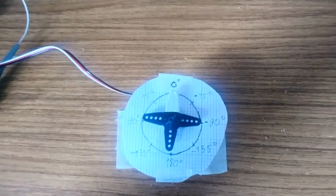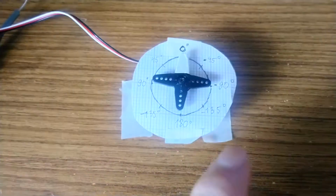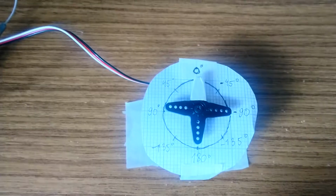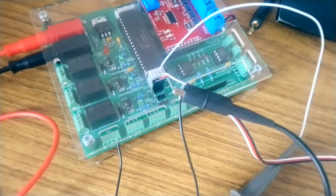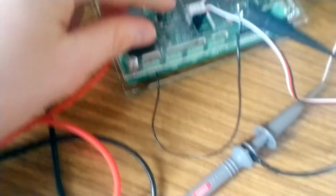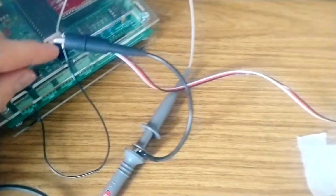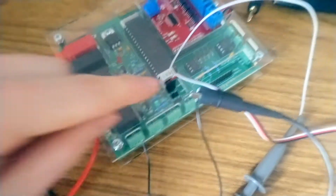Alright, so here's my setup. I have my servo, and I put this disk with degrees around it so I can track the position. Then I connected my picoscope to PWM4 and servo to PWM3, and I modified my program